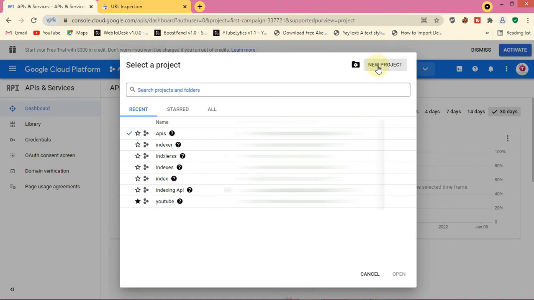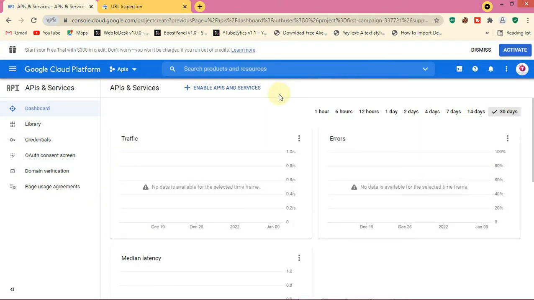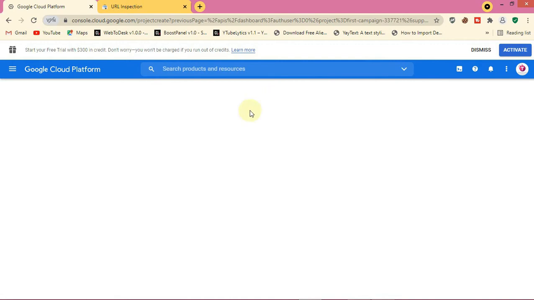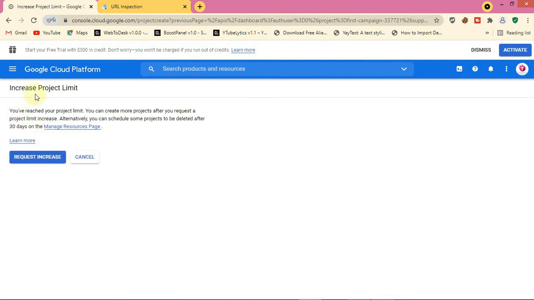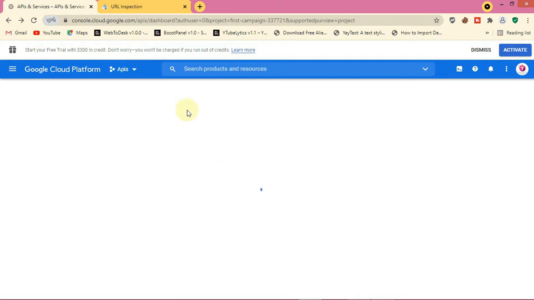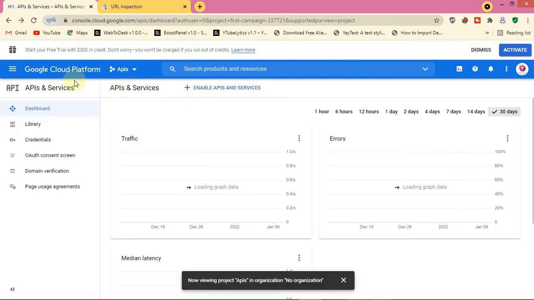After you click on new project, I've already reached my quota, but you will just fill in your name and then click on confirm so that you can create a new project. Now this is my project area. After creating a new project on the dashboard, let's wait for it to load so that I can show you something here. Then click on this arrow here